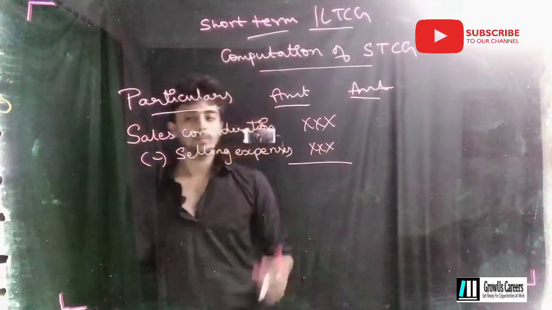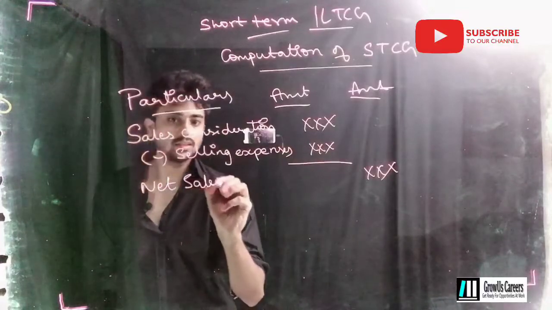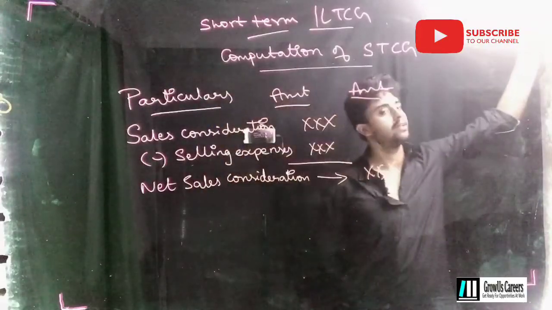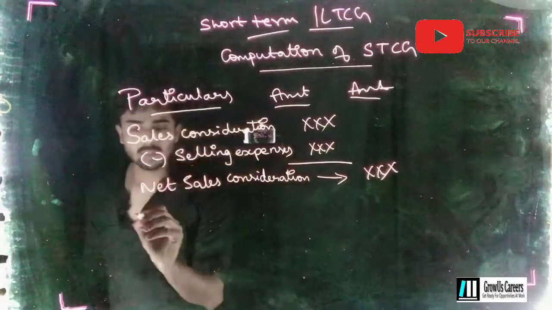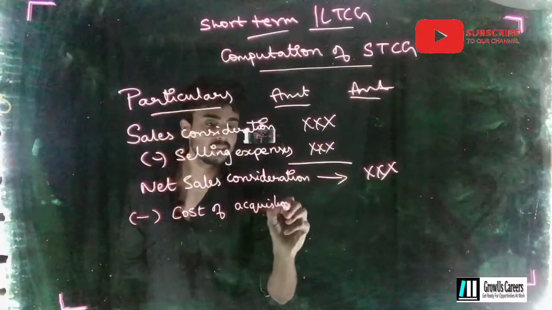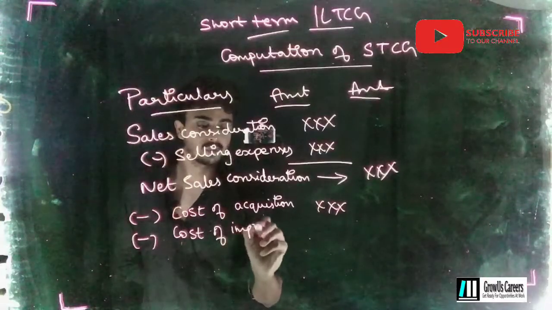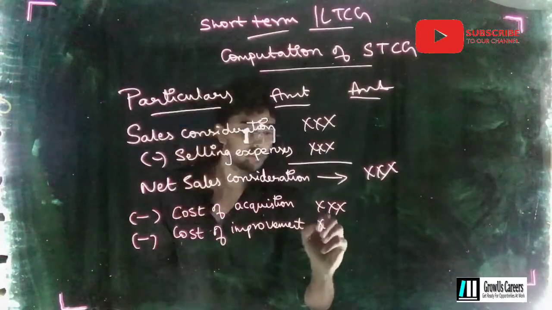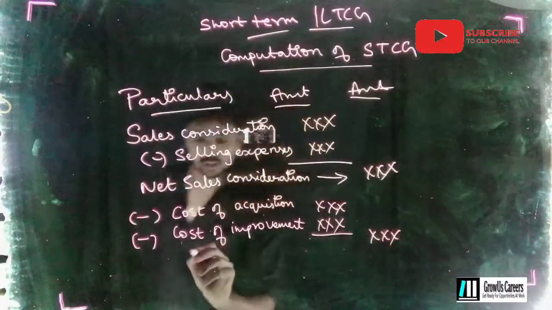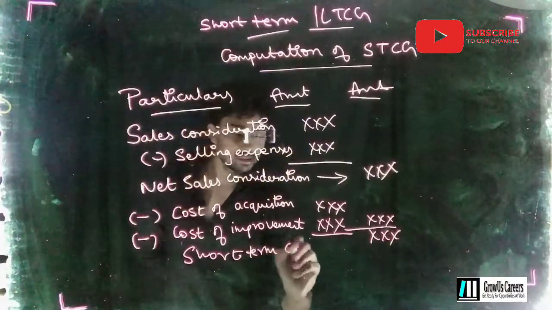So when you deduct selling expenses from sales consideration, you get net sales consideration. Minus cost of acquisition, that is purchase, minus cost of improvement, that is if you have done any improvement for your asset. So we get short-term capital gain,